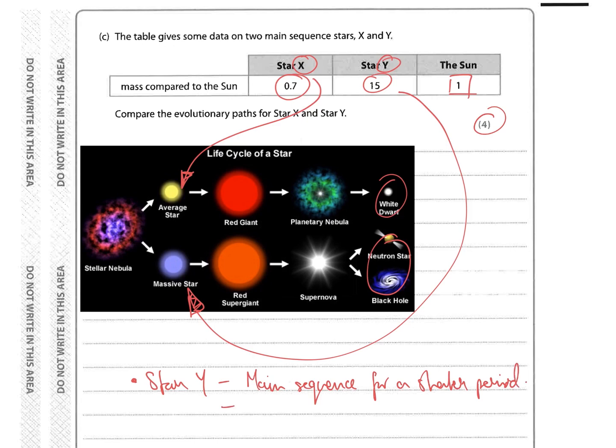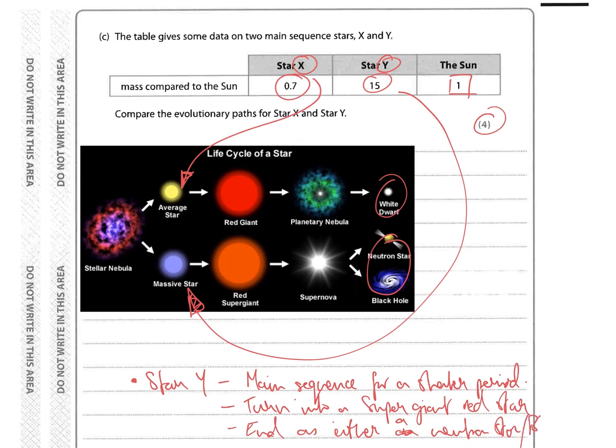It will turn into a giant, a super giant red star, and then it will end as either a neutron star or black hole,